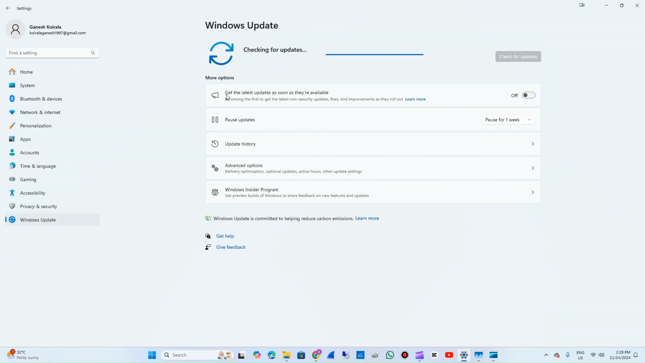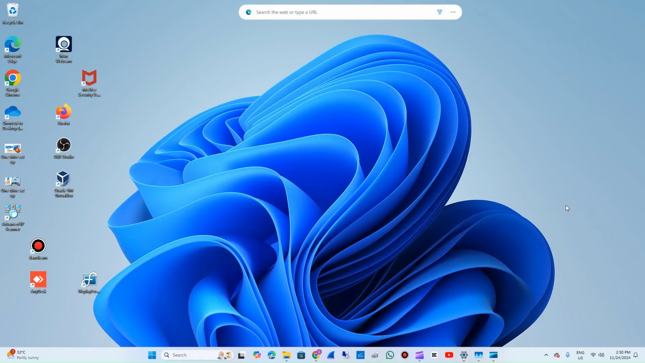Alternatively, you have this option, get the latest updates as soon as they are available. If you turn this option on, then it will automatically detect if there are any updates available in your Windows. For this, your computer just needs to be connected to the internet. So if we turn this on, then we don't need to check for updates manually all the time. All right, let's start with the